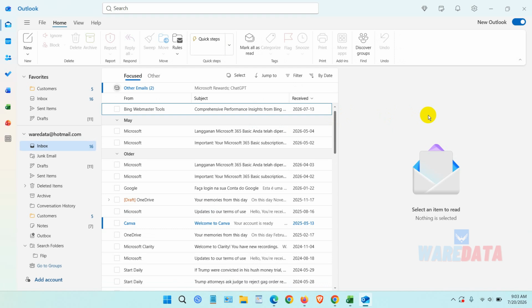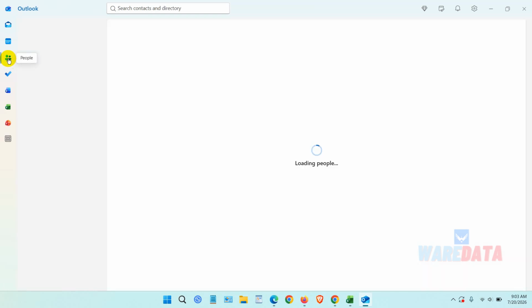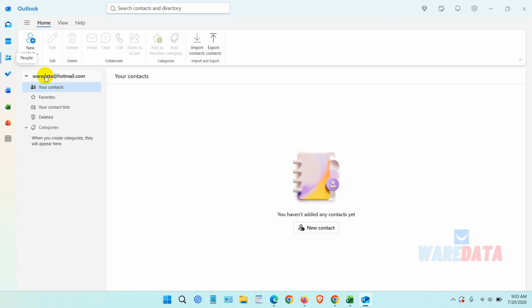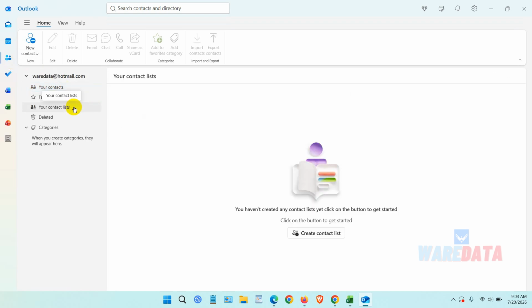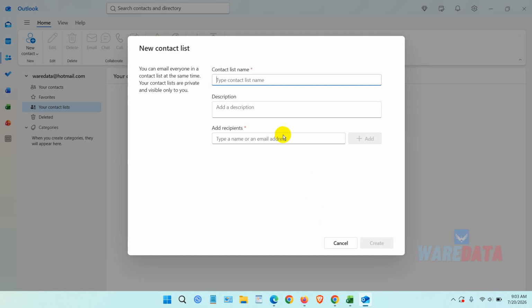To create a list of your contacts, you can just go to People. Here, to create a contact list, you can go to this Contact lists menu. If you don't have one, you can just click the Create contact list button here. Then you need to define your list name. For example, I'm creating IT division,